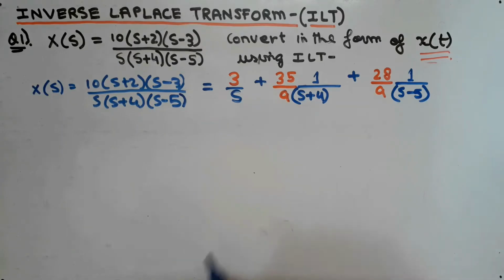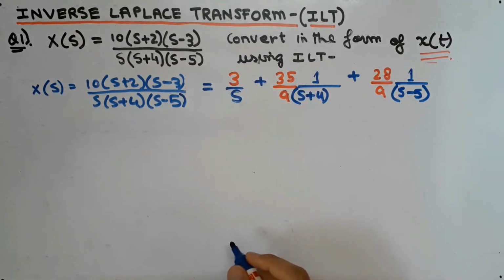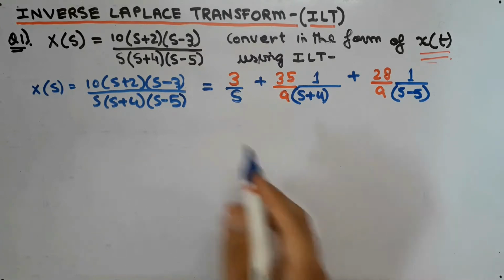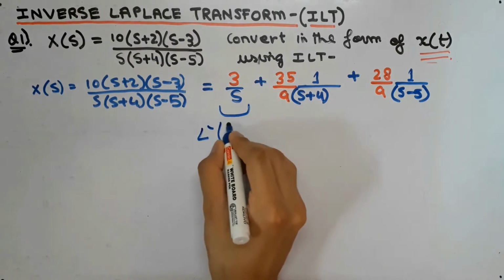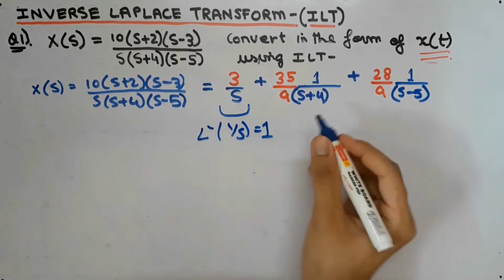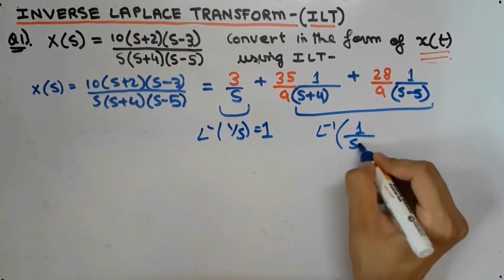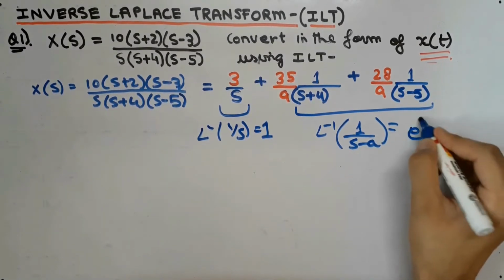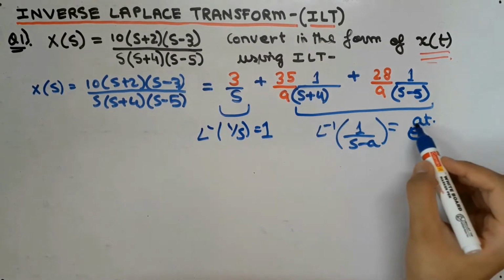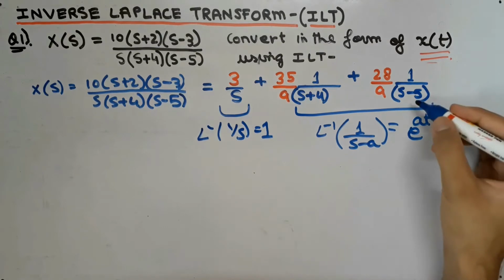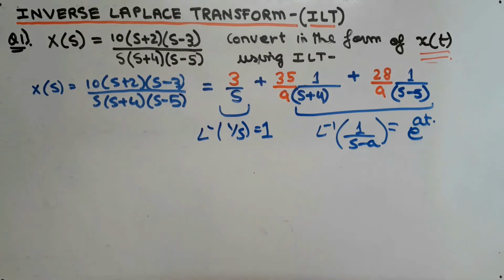Now we have substituted the corresponding values of a1, a2 and a3 in the equation that we got previously. Now we are going to apply the formulas of Laplace transform that we discussed earlier. We know that L inverse of 1 by s is equal to 1. And similarly, the formula that we will use for this is L inverse of 1 upon (s minus a) is equal to e^(at). Now as we can see, we have a positive sign over here, so we will replace this by minus a. But here we have the negative sign only, so the value of a will remain positive only. You will understand when we convert this.